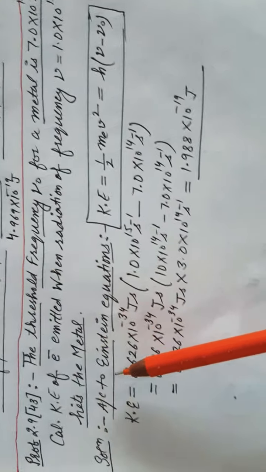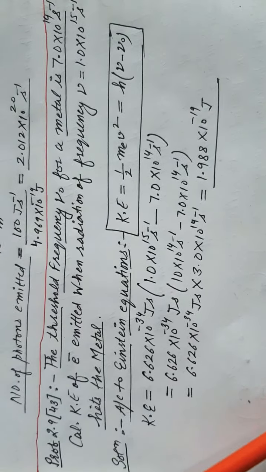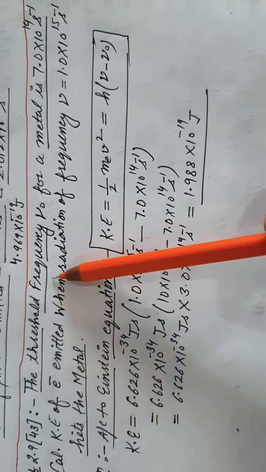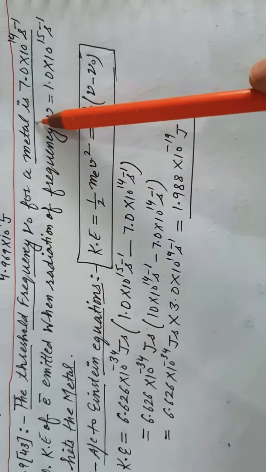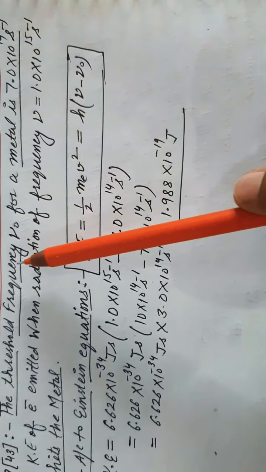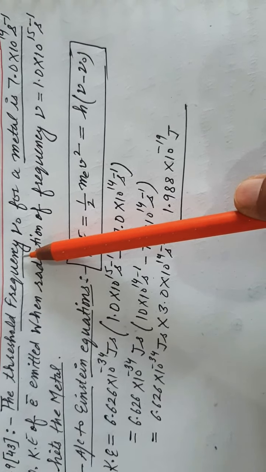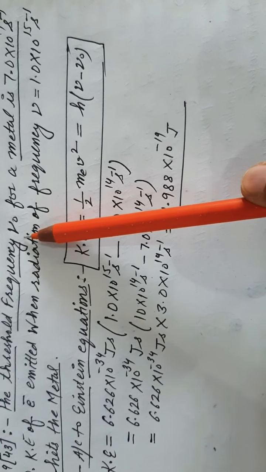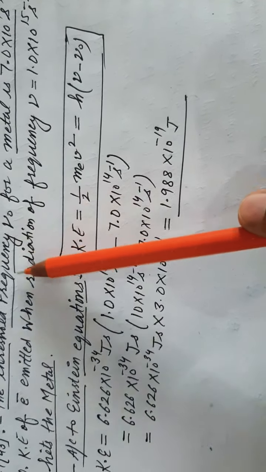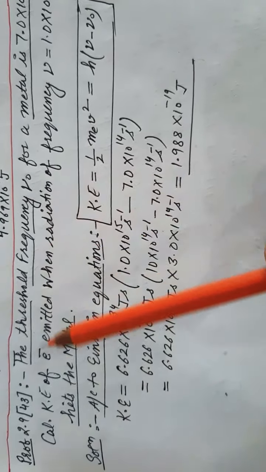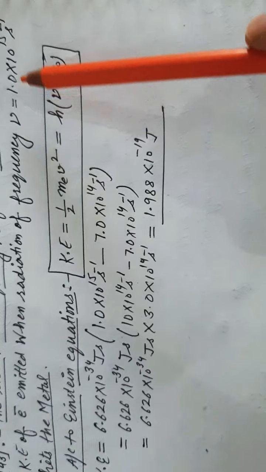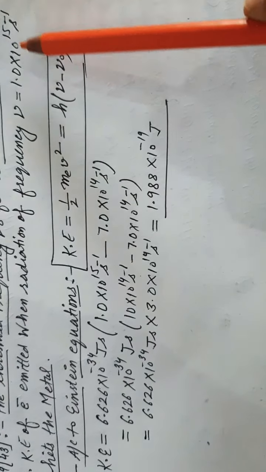and the photon is a packet of discrete value of energy. Next problem 2.9 at page number 43. Based on the photoelectric effect, the threshold frequency nu naught for a metal is given as 7 into 10 raised to power 14 second inverse. You know about threshold frequency? Threshold frequency is the minimum frequency for the photoelectric effect, below which no photoelectric effect is observed. Calculate the kinetic energy of the electron emitted when radiation of frequency 1 into 10 raised to power 15 second